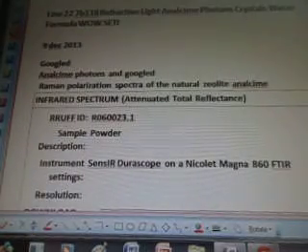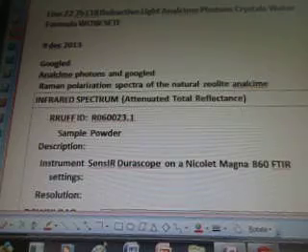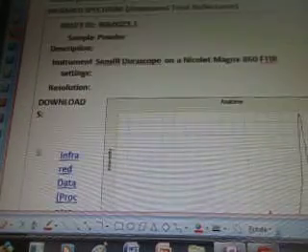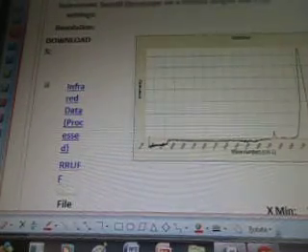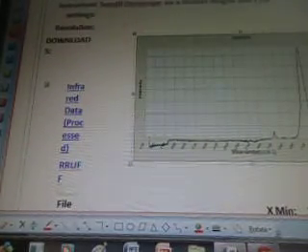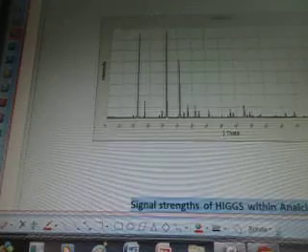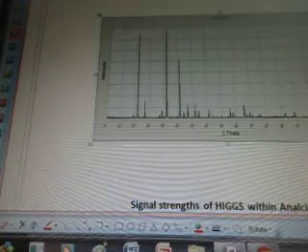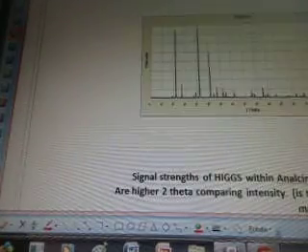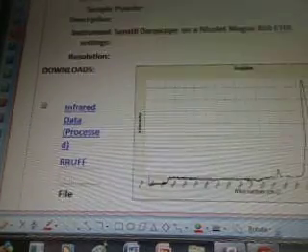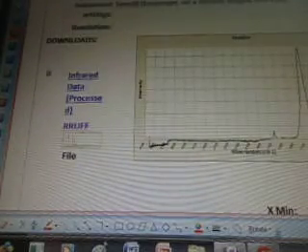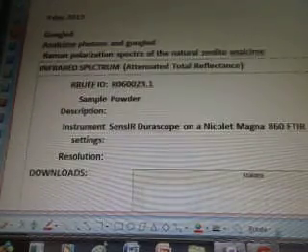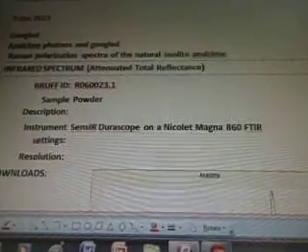Okay, so infrared spectrum, attenuated total reflectance. This is the powder, and these are the diagrams. So let's make them just a bit smaller. Oh, they only go that way. And make this one smaller. See if that will make it. No, still won't let me bring it in. I tried everything. So I got this from a blog, and it's called SensIR Durascope on a Nicolet Magna 860